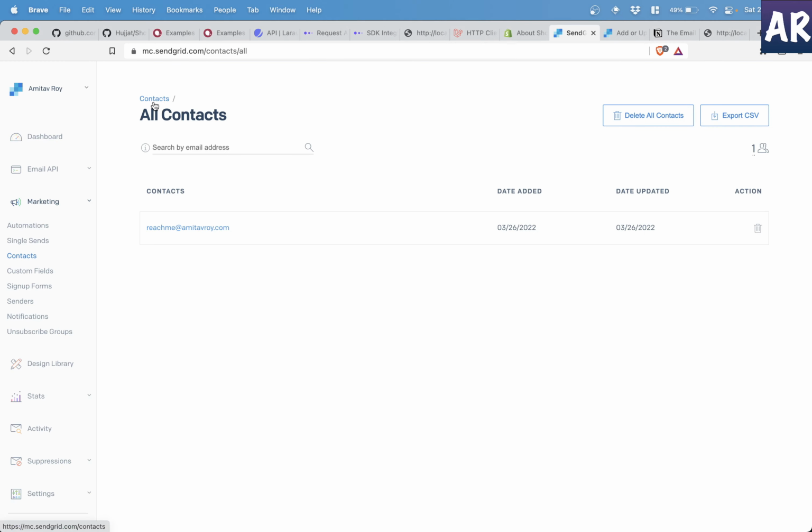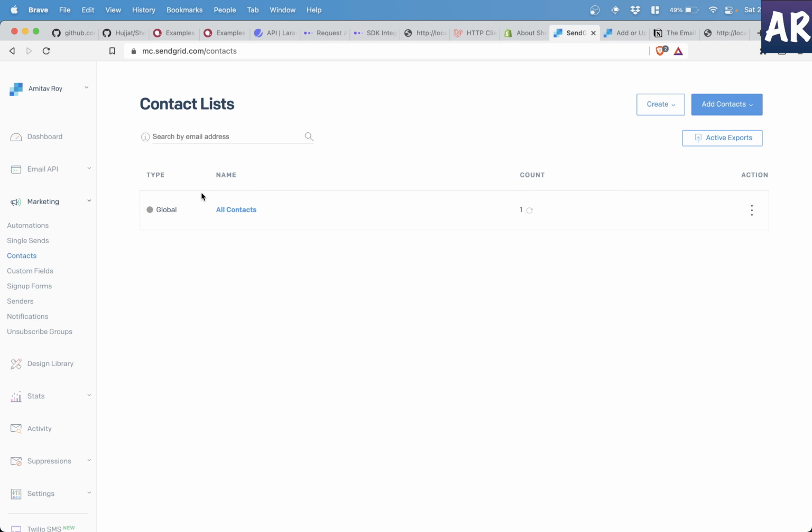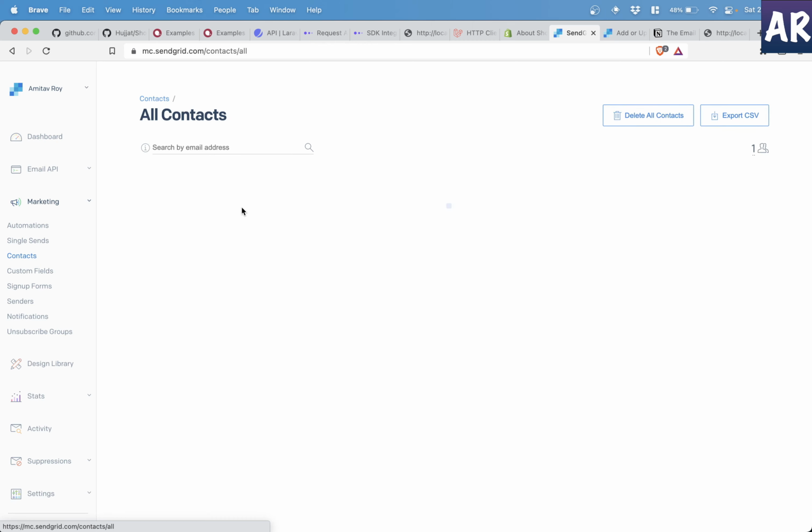So let's see. If I go to my contacts, hit refresh. And as I told you, the Sendgrid UI may take some time to update these things. So don't get surprised. Wait for some time and then you can confirm that yes, things are working properly. So I'll wait again. Ideally, the unsubscribe should work. All right. And now if I refresh, the contact has been removed, which means now the user has been unsubscribed